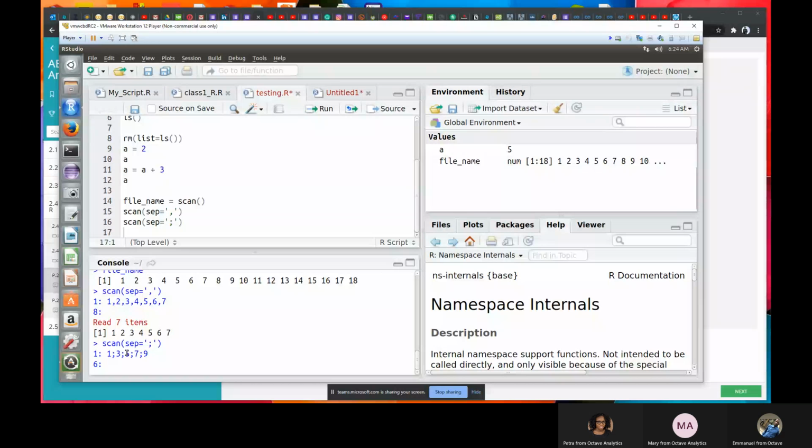No, I'm done, enter. And I have 1, 3, 5, 7, 9, because I defined the separator as semicolon. Any way you want to do it is fine. So that's one way of entering a vector using the scan command.